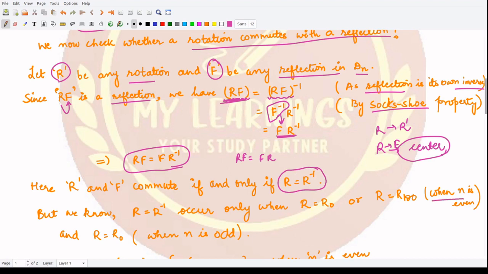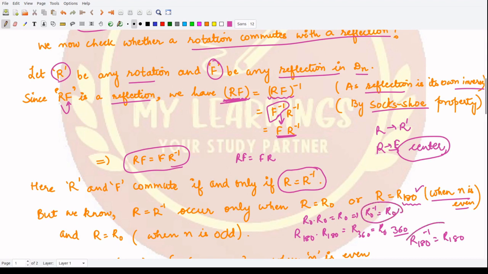And whenever our n is even, when you divide 360 by some even number, you will definitely get 180, right? 180 would surely be there. So in that case, R180 into R180 is R360, which is R0. So R180 inverse is R180, and moreover R0 into R0 is R0, so R0 inverse is R0. This property is followed by only two elements when we have n as even, and when